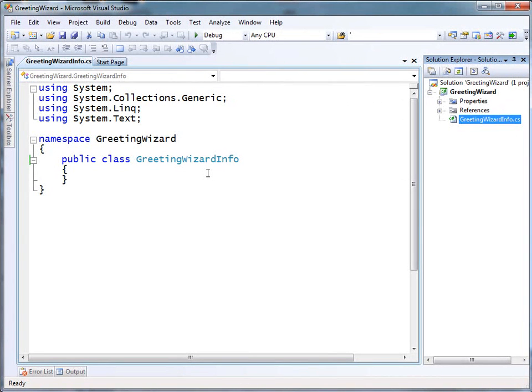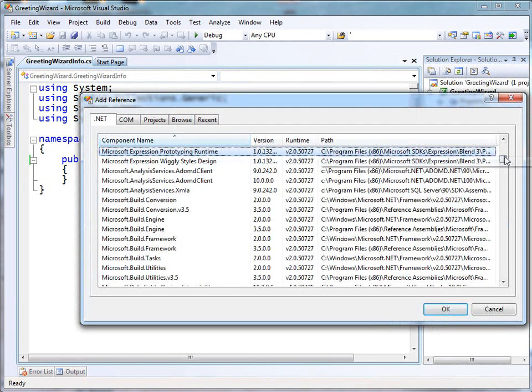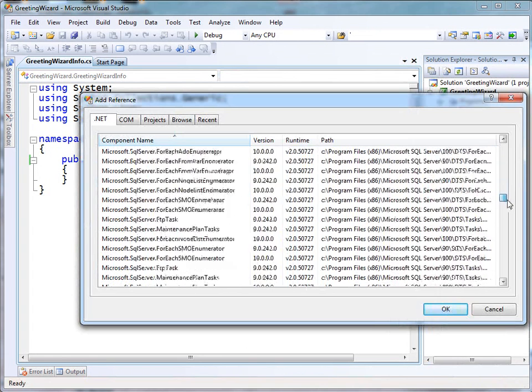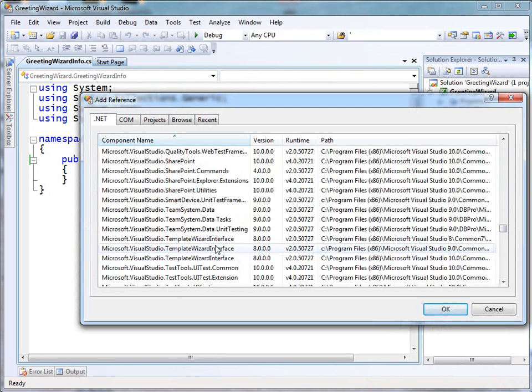Now this is a class library, and it's going to implement the interfaces that make it a wizard, so specifically the IWizard interface. Now the IWizard interface itself is in fact in another assembly, so I'm going to need to add a reference, and I'm going to need to add quite a handful of references, and there's a little bit of a trick as well when you go to add these references. I'm just going down to the M's here. I'm looking for Microsoft.VisualStudio. Here we go, and you'll see three on my machine. It might be less on yours, called Template Wizard Interface, and rather confusingly to a certain extent, they all have